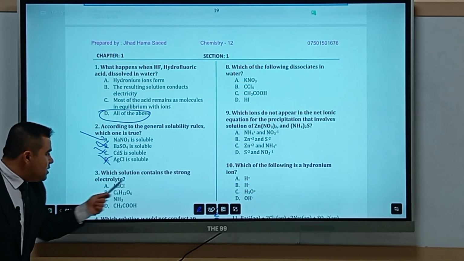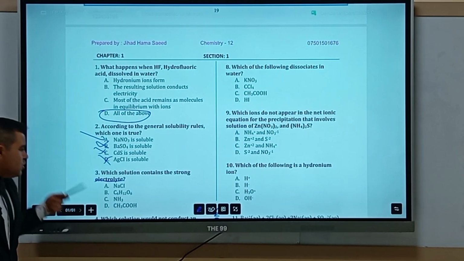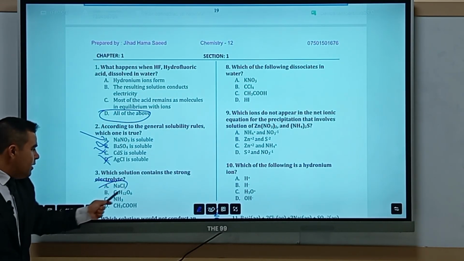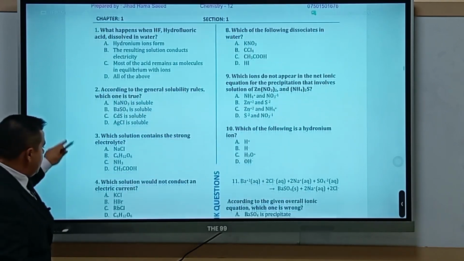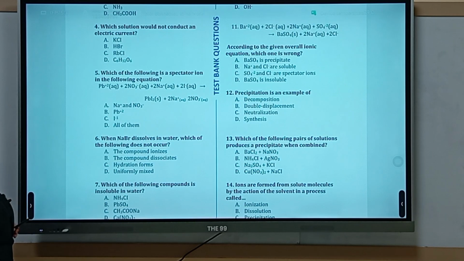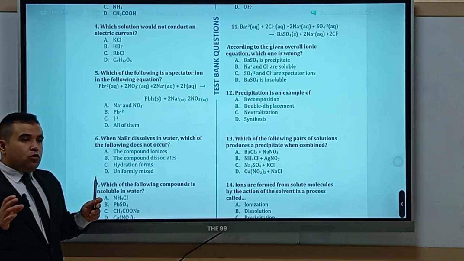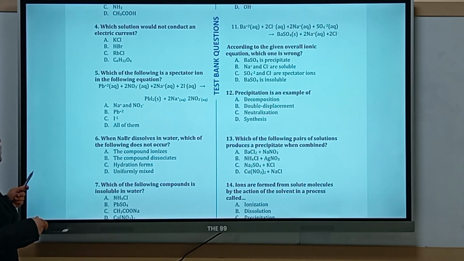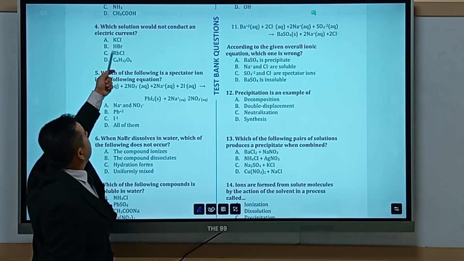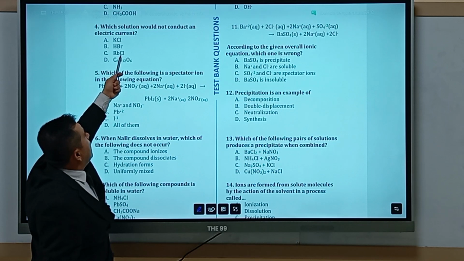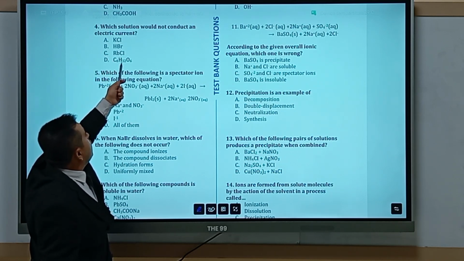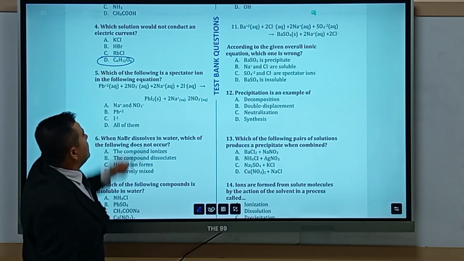Which solution contains the strong electrolyte? Strong electrolytes can be strong acids, strong bases, soluble salts. A is the correct answer. Question 4. Which solution would not conduct an electric current? So it has no tendency to conduct electric current. KCl is a soluble salt. HBr, strong acid. RbCl is a soluble salt. C6H12O6 is sugar, so it does not conduct